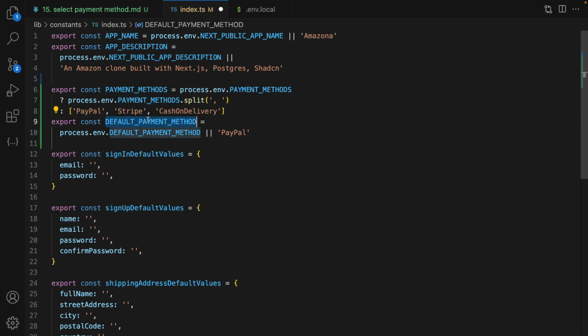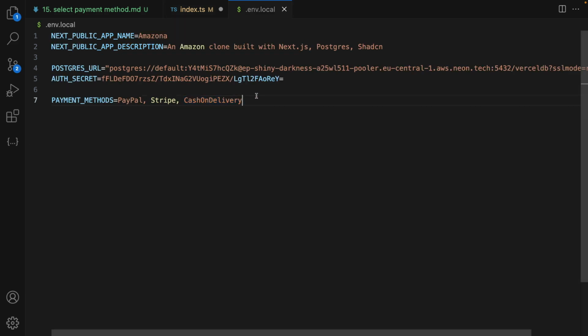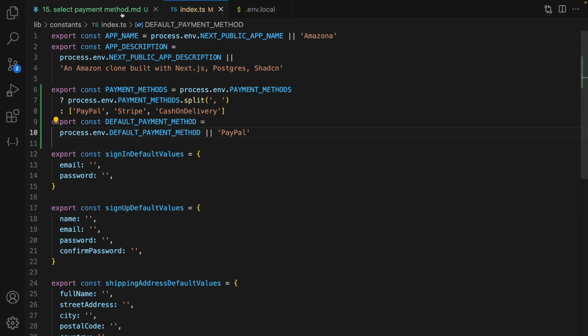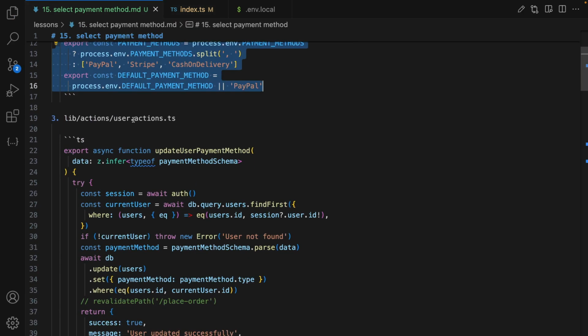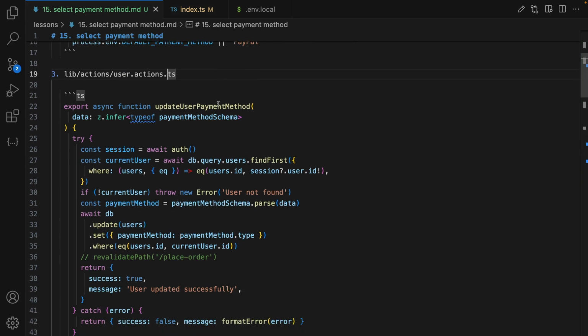Also, I need to define default payment method. By default, I'm searching in environment variable for default payment method. If it doesn't exist, use PayPal. So what you can do in environment variables is defining default payment method and make it like whatever you want. Here, I'm setting to Stripe. Let's keep it as PayPal, save it, and let's go for step 3 in useraction.ts and define update user payment